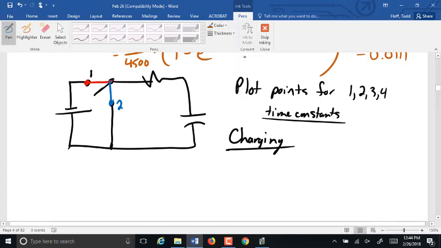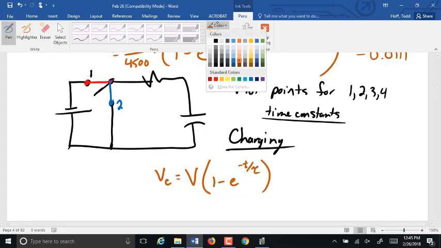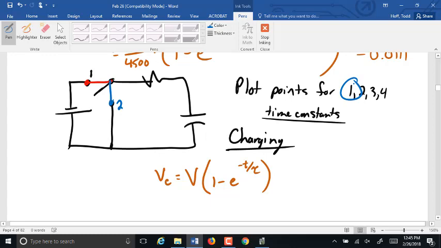Remember, your time constant is R times C. So let's take a look here at what they give for R. Well, actually, we don't even need R and C here, and I'll show you why. So the voltage on the capacitor is equal to our max voltage times, this is charging, so 1 minus e to the negative t over tau, all right? If we're at 1 time constant, that means t equals 1 tau, right? Because tau is a time constant. So what that means is our voltage here is